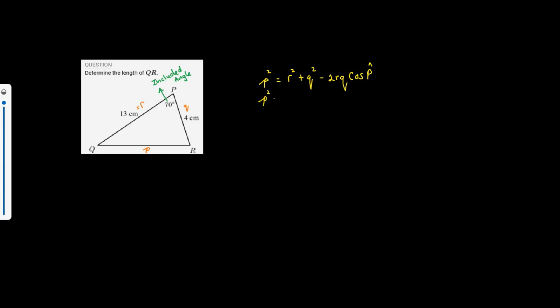Now let's substitute. What is R? It's 13 squared plus 4 squared, 4 centimeters all squared, minus 2 times 13 times 4 cos angle 70 degrees. Right? And at this point, you just use your calculator and calculate everything you need to. So we have 13 squared plus 4 squared minus 2 into 13 times 4 cos 70 degrees. Right, which gives you